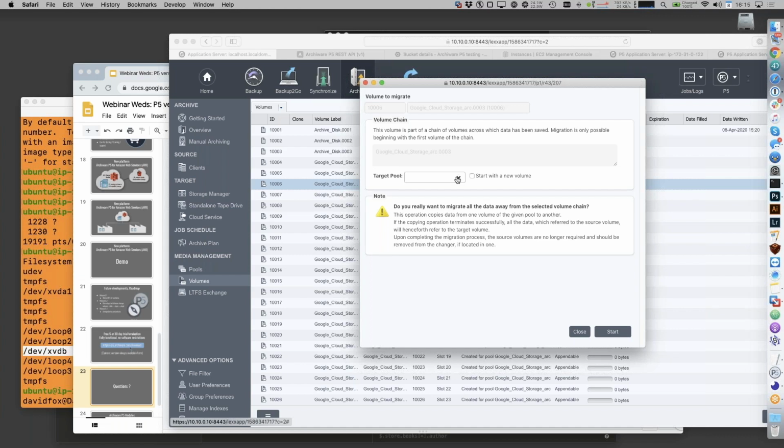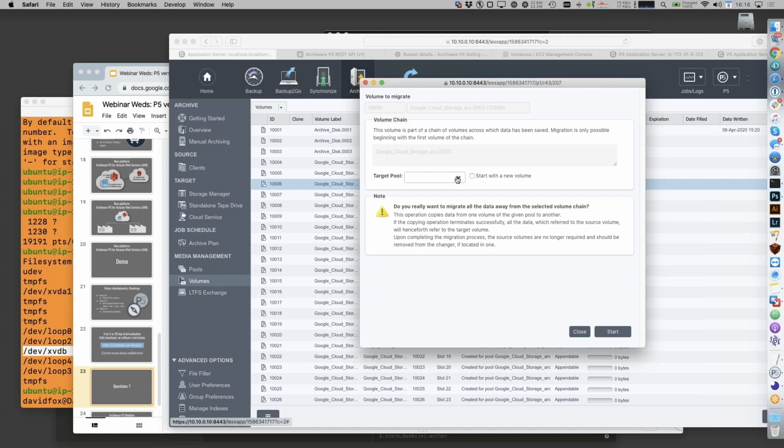Yes. You opened it. Okay. Just opened it up. So you can right click on a volume in the volume list and say migrate and choose a new pool. And providing various things are correct, we will migrate the data from source to destination, and that already works between tape and disk, does it, Joseph? Yeah, but it's